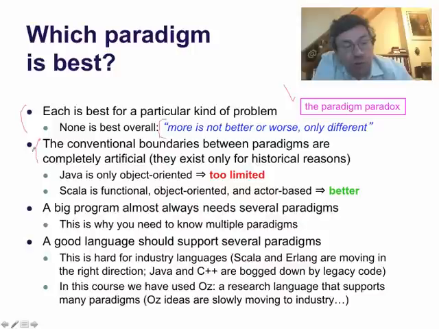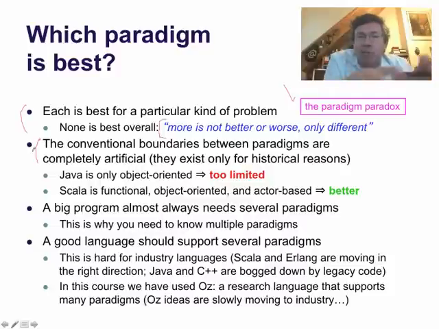So if you look at the conventional boundaries between paradigms, we have Java is an object-oriented language. Boom. Haskell is a pure functional language. Boom, etc. These boundaries are in fact artificial. They are solving the problem opposite from the way it should be done. Instead of focusing on the concepts, you should focus on the problems you want to solve. So instead of saying, we want this particular theory, you should say, we want to solve a certain set of problems. And what concepts do we need for that? That should be the question.